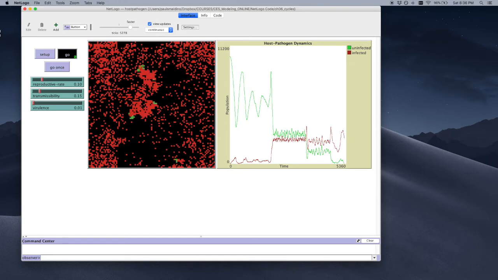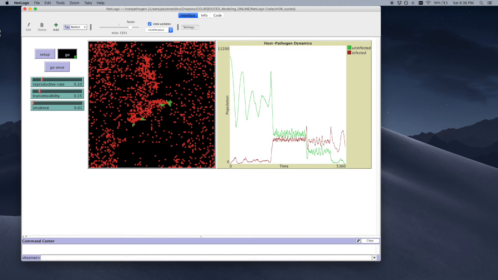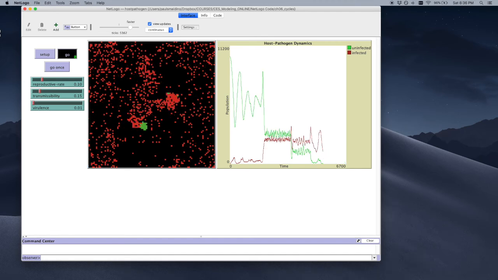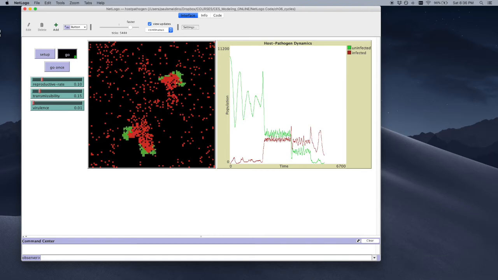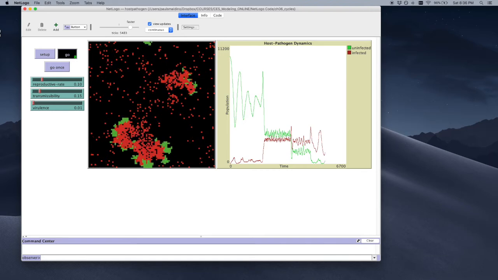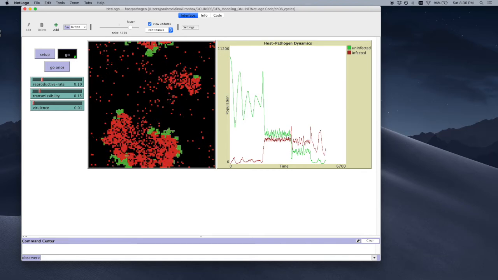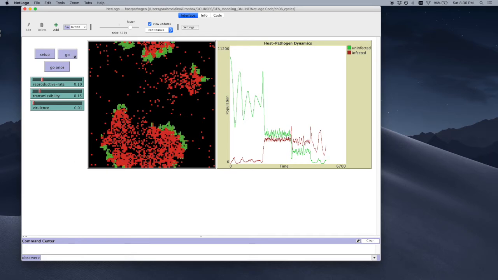All right, in this case, it hasn't collapsed yet. And it's a fun model to play around with. Check it out. All right.